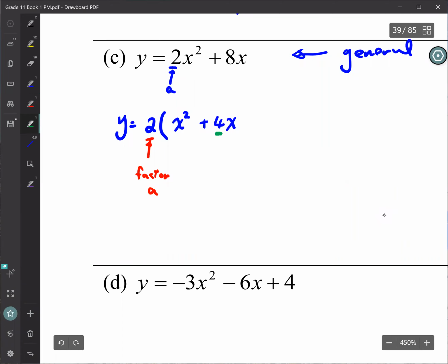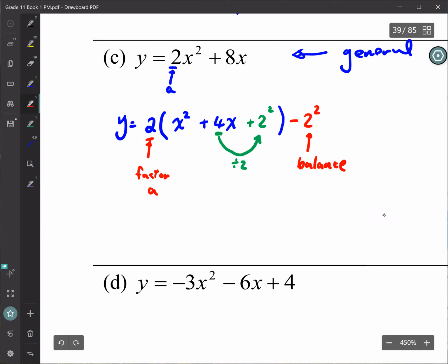and then you take this, divide by 2, so you add 2 squared. Same as before. You just need to do an extra factor A. And then finally balance. So minus 2 squared. This is the balance. However,